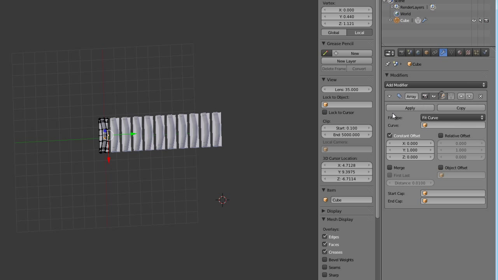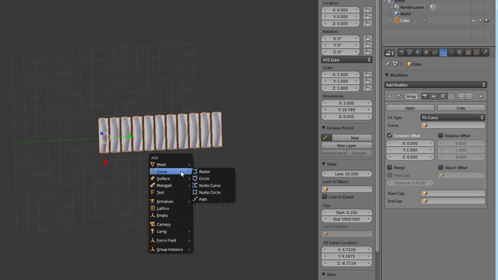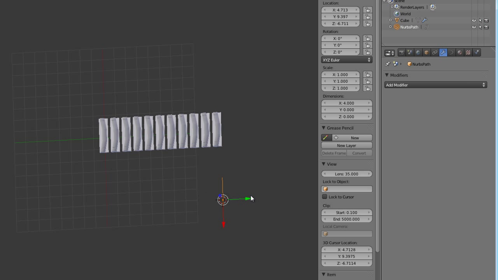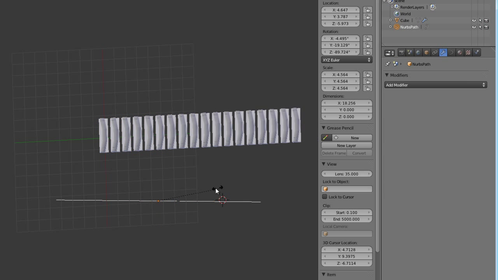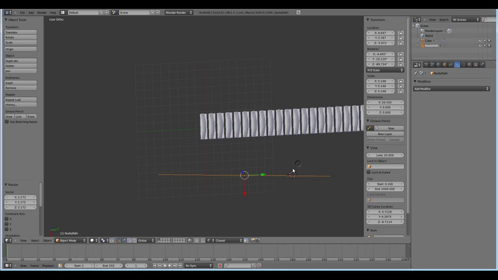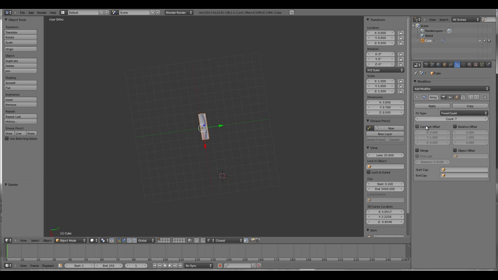And the last option you'll usually use when using the curve modifier as well, but here if I add a path, you see if I set this to NURBS path, the length of the array will be based on the length of this path. Okay, so here, if you turn off these two and add object offset,